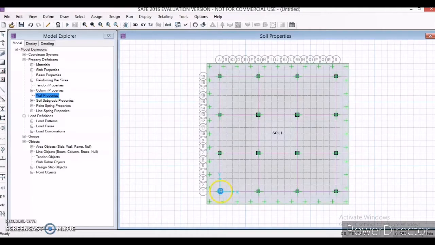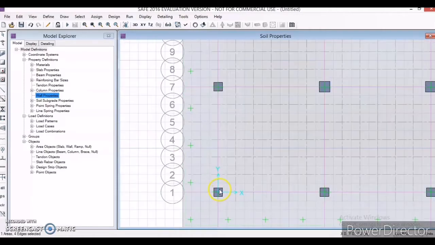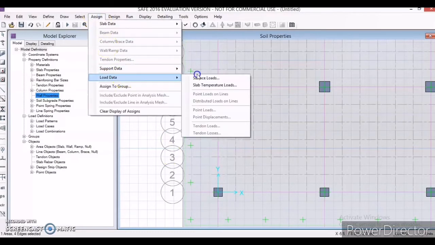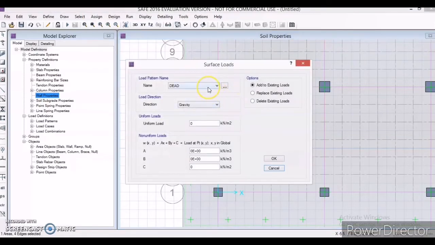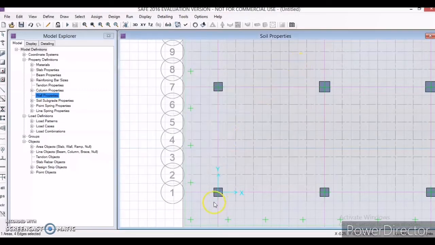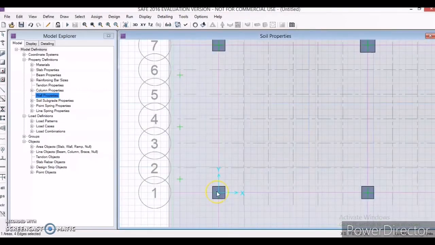So I will zoom it. Click escape before proceeding. And now one area, 4 edges selected, and afterwards go to assign, load data, surface loads, and dead load, gravity, uniform, right. We need to select the point, and after selecting, click on escape and select the first point, and